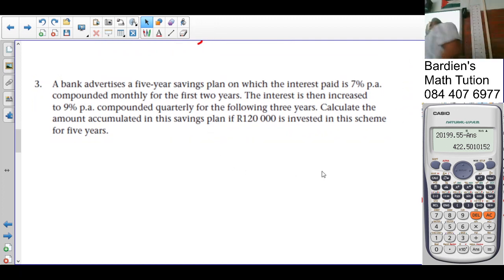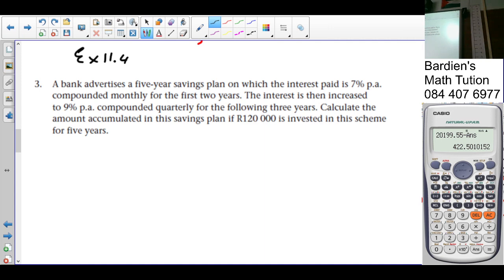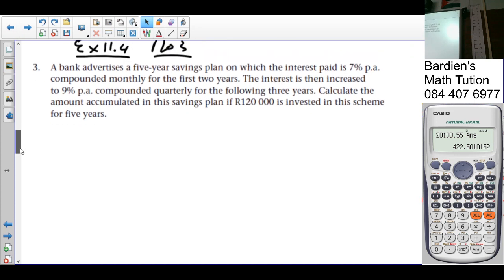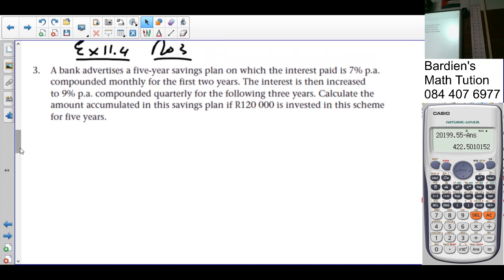This is number 3 of exercise 11. So we are told the bank advertises a 5-year savings plan on which the interest paid is 7% per annum